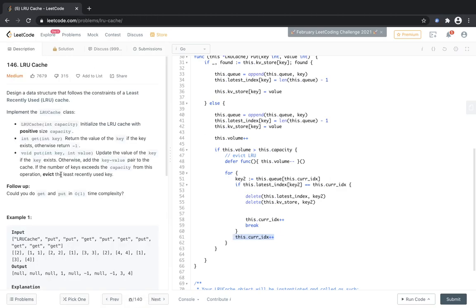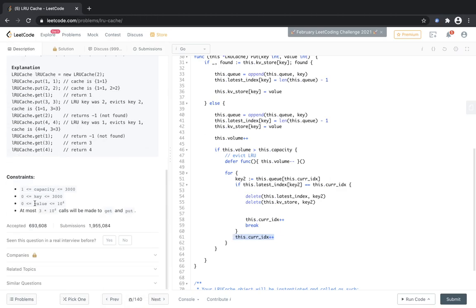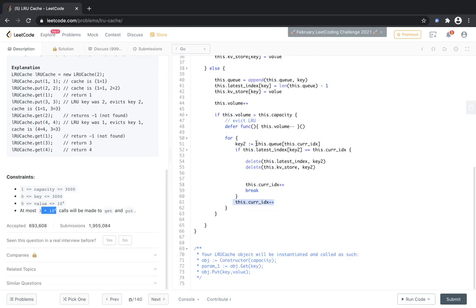And why did I choose this approach? First of all, you can see that the number of operations is 3 into 10 to the power 4. So we are just iterating over the queue 3 into 10 to the power 4 times. So the complexity would be equal to the number of calls, because we are anyway going throughout the queue that many number of times, which is the number of times the call is being made here. And so it just adds this 3 into 10 to the power 4 to the complexity. It doesn't multiply it, but it adds it, and it won't affect much.